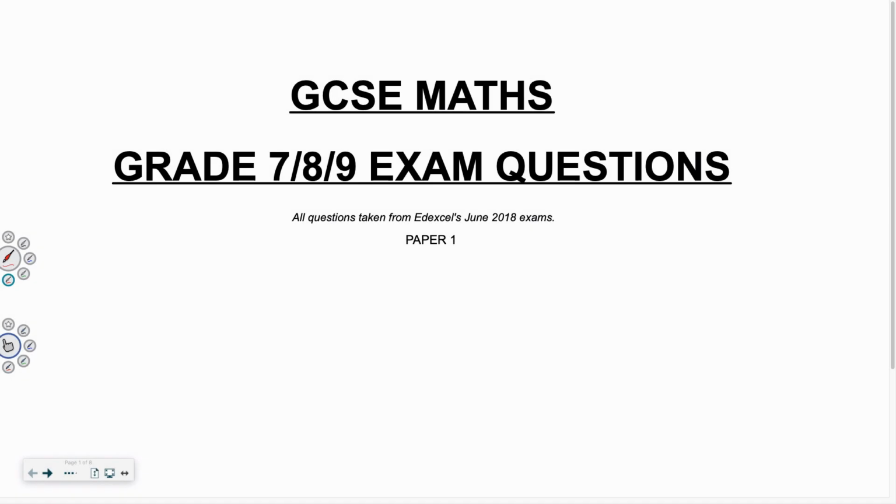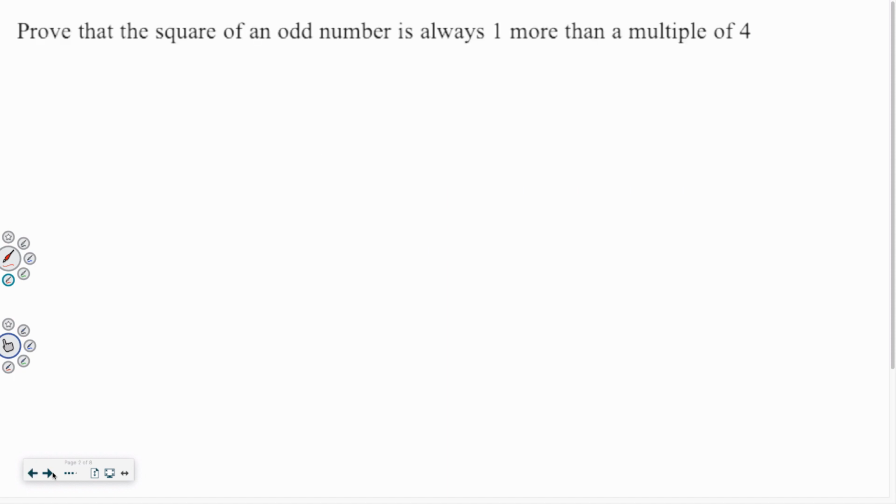Okay, so in this video we're going to be having a look at some GCSE grade 7, 8 and 9 maths exam questions that were all taken from Edexcel June 2018, paper 1. So the first question says, prove that the square of an odd number is always one more than a multiple